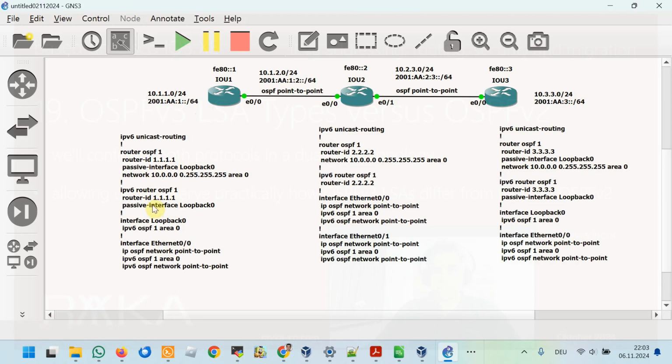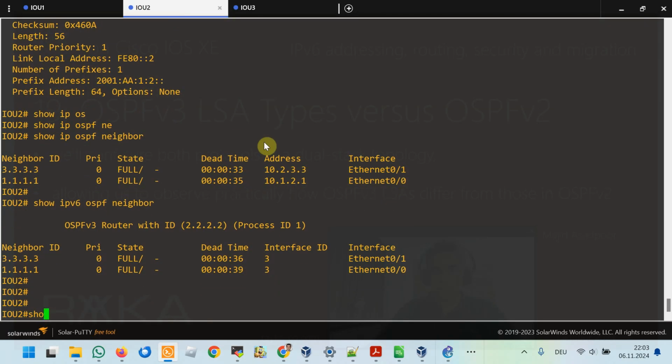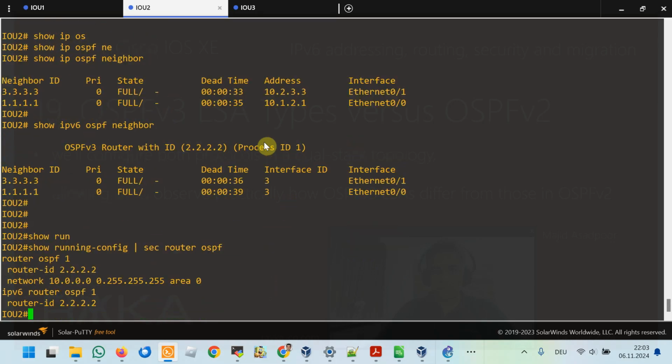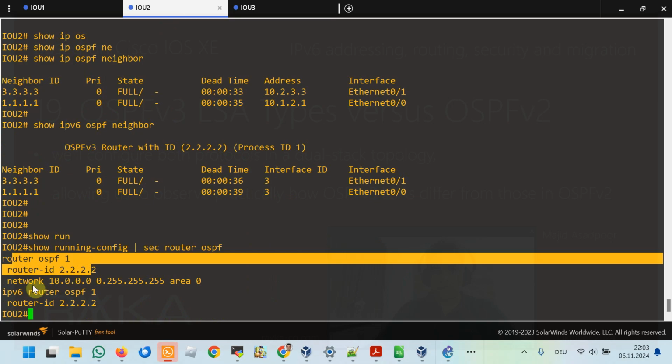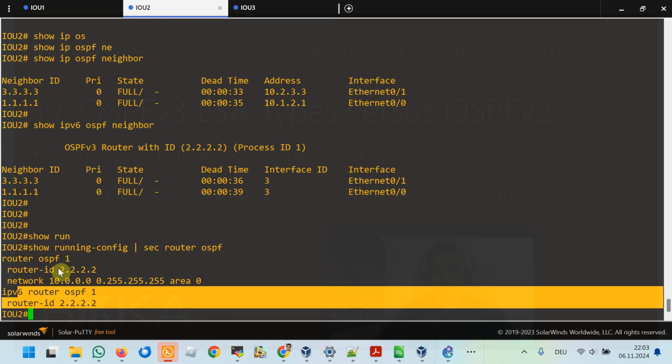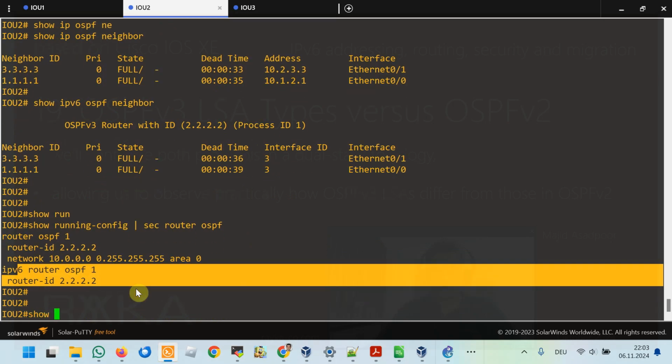The other difference for the configuration of OSPF version 3 is ipv6 unicast-routing. In IPv6, you cannot configure any dynamic routing protocol before you enable IPv6 unicast routing in Cisco routers. Just to check the configuration, for example, I'm here in router 2 and I will check the configuration with show running-config | section router ospf. This is the configuration of router OSPF for IPv4 with the network command, and for IPv6 without the network command. The router IDs are the same, and in IPv6